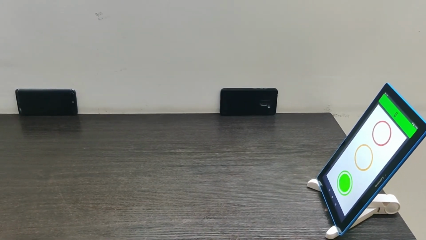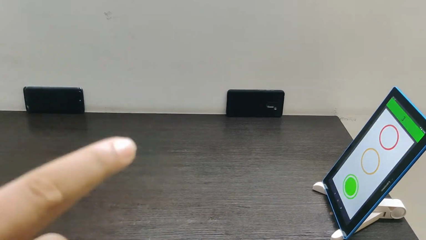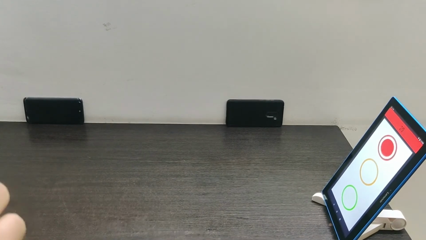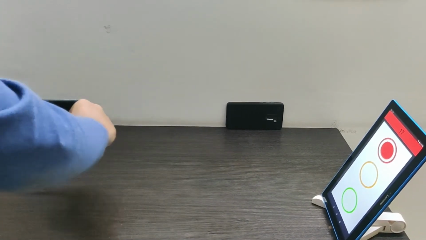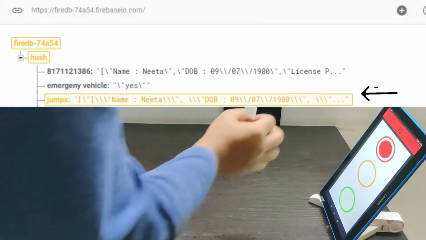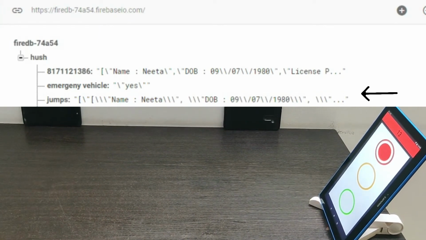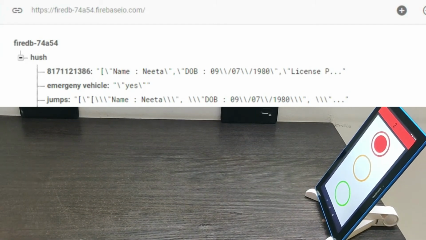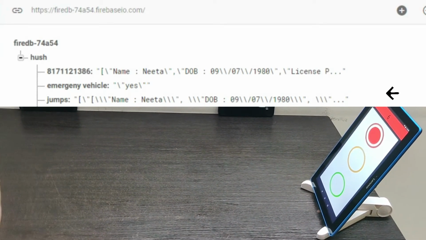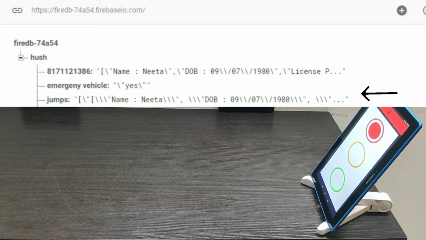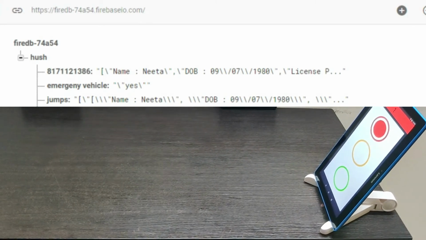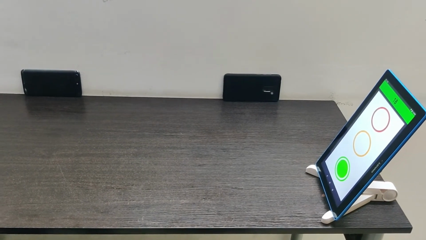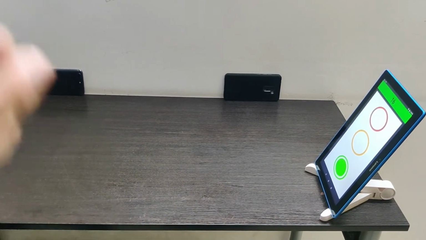But as soon as it turns red, what would happen is, let me just show you. So right now it's red. So now whenever I pass it through this and then this, now what happened was that, as you can see in the database, there was one modification in that jump tag, and one data registered of this car, and also an SMS was sent. So here, and now let's come to show you the Nirvana app.